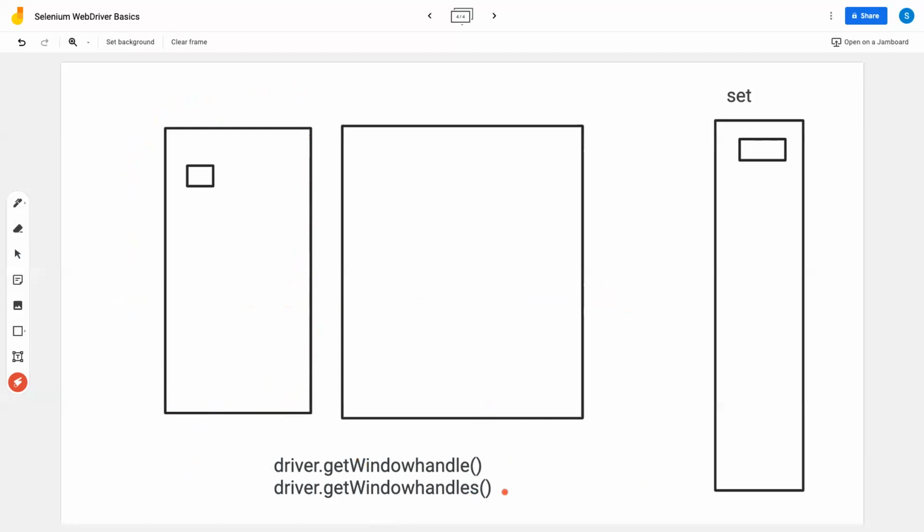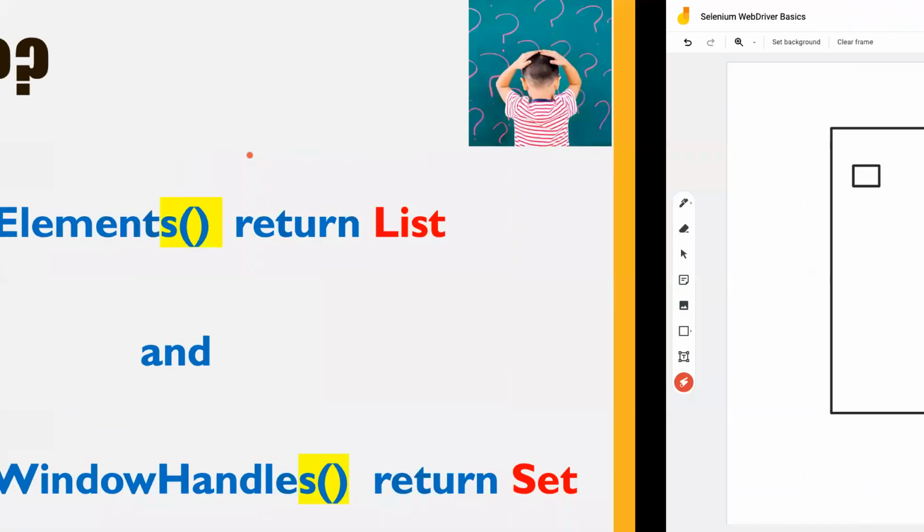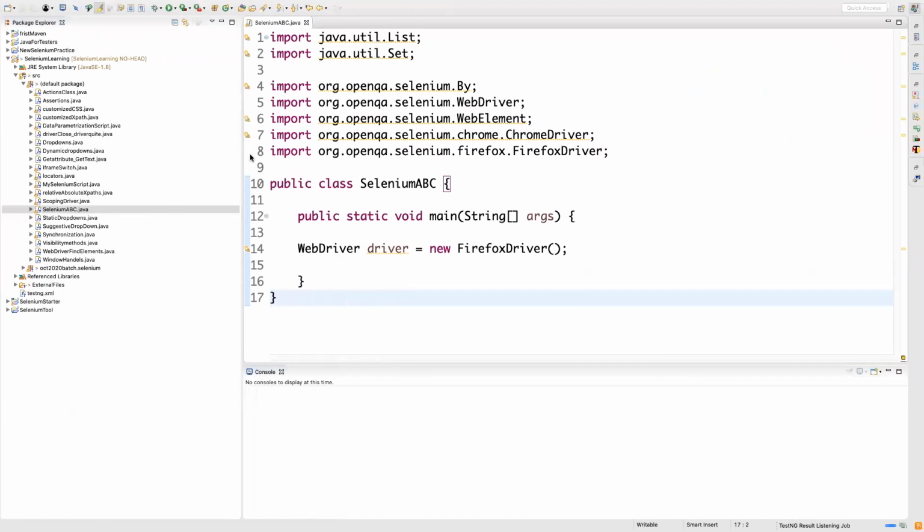Now if you try to understand in a logical way why they have used a set as the output of this method, it is because a set doesn't allow you to store duplicates, which means getWindowHandles doesn't return duplicates. What does it mean? If I right click and duplicate this window, how do we explain that?